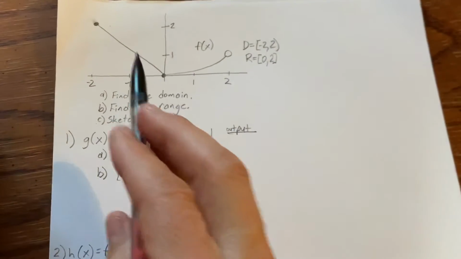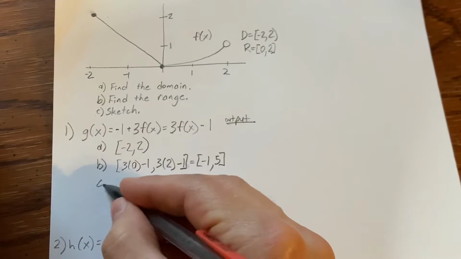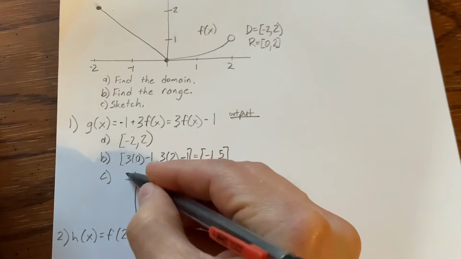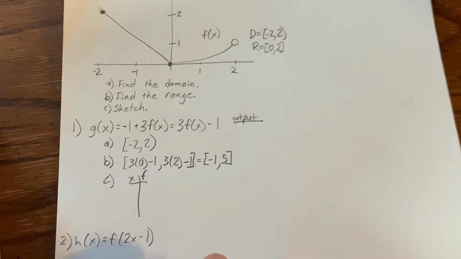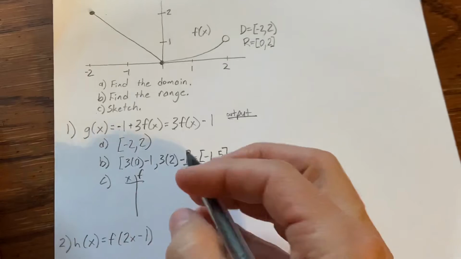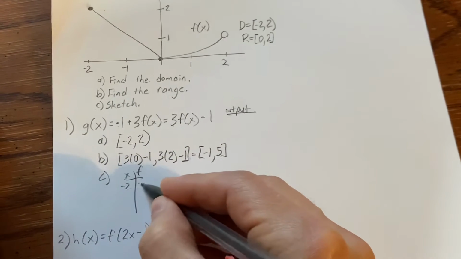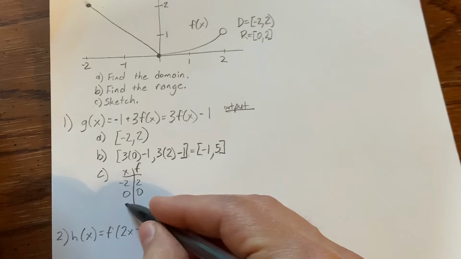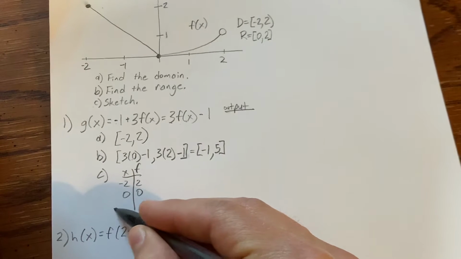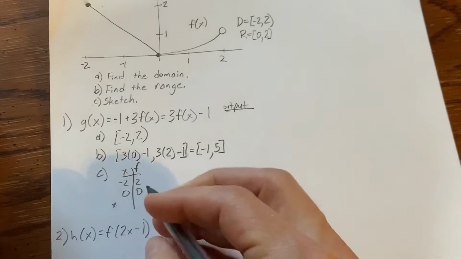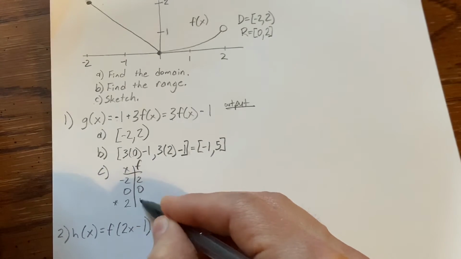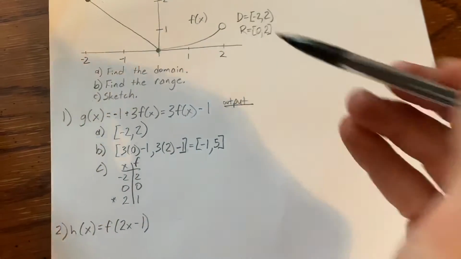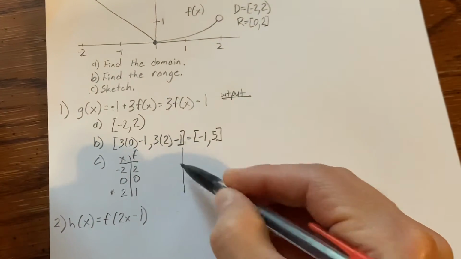You could think about the same thing here. It might be useful on C to think a little bit about a table. For the function f, you're dealing with the points -2, get out 2, 0, get out 0. And maybe I should put an asterisk here because you can't quite plug in 2, but if you're getting really close to that point, you kind of want to think about what's happening. What's really happening to the function